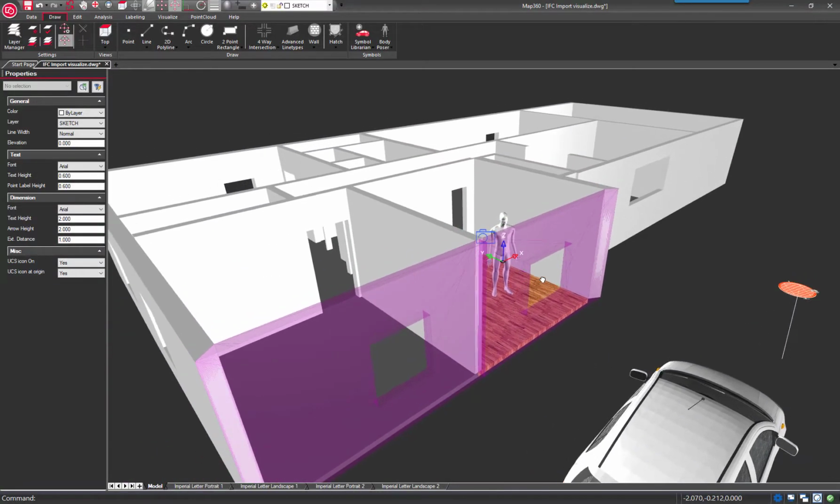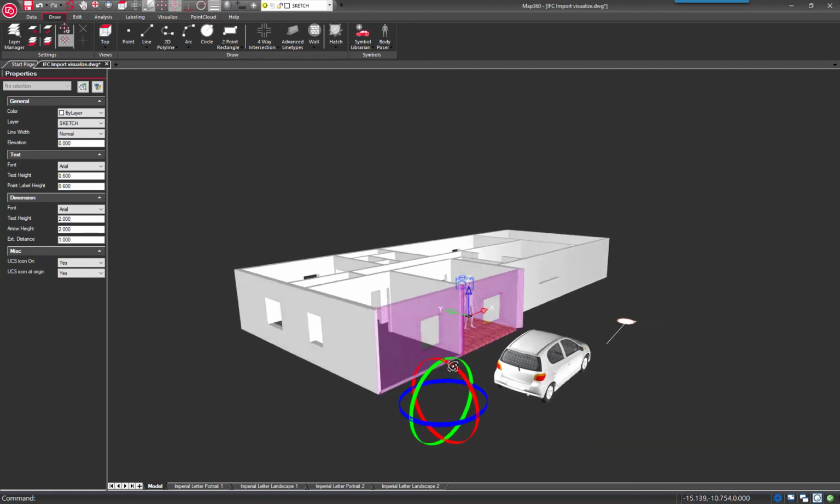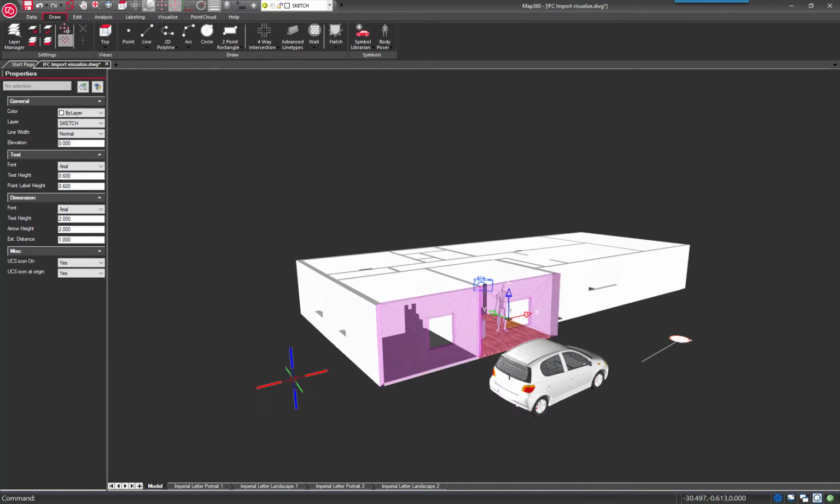So also new in Map360 2021 is a new orbit control. And it's very powerful. It's quite easy to use. There are some limitations based on what you're trying to do with it, but for the most part, you just use it. So a shortcut is to use your shift key and your middle mouse, and what that'll do is if you're not hovering over an object, it'll just do its best attempt at trying to